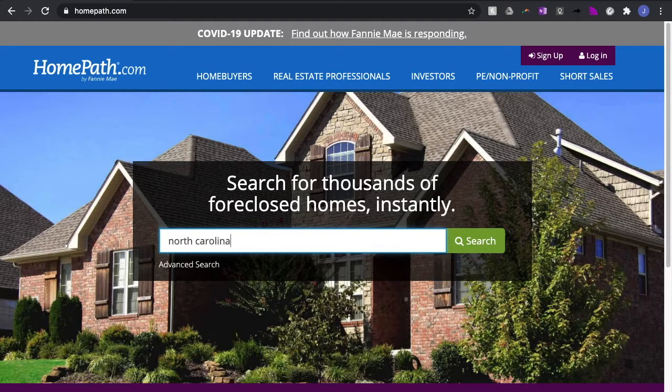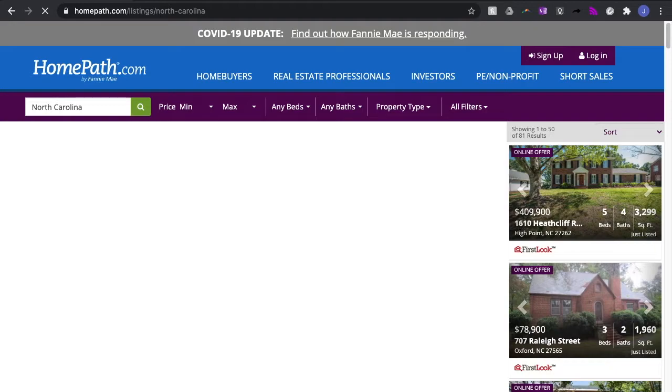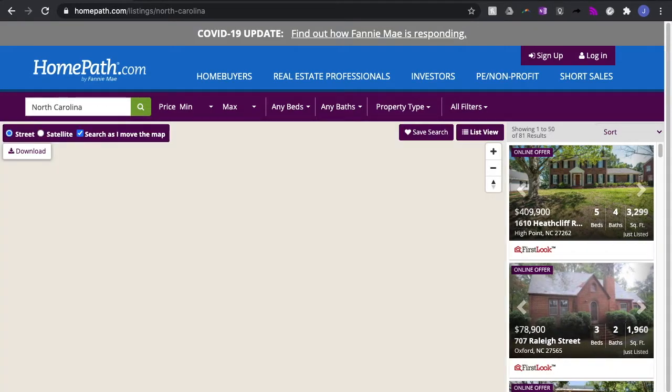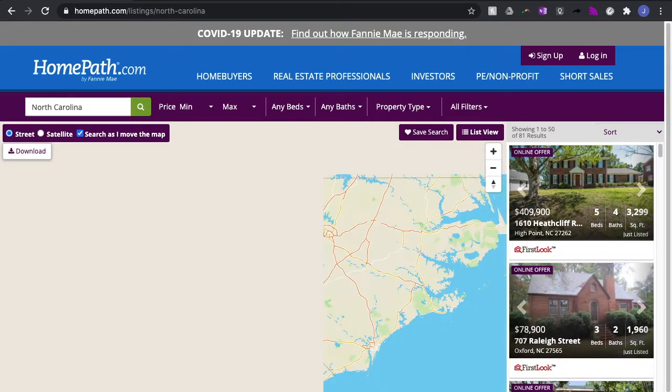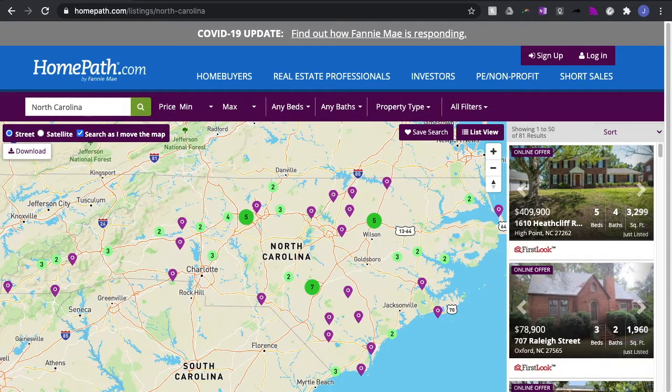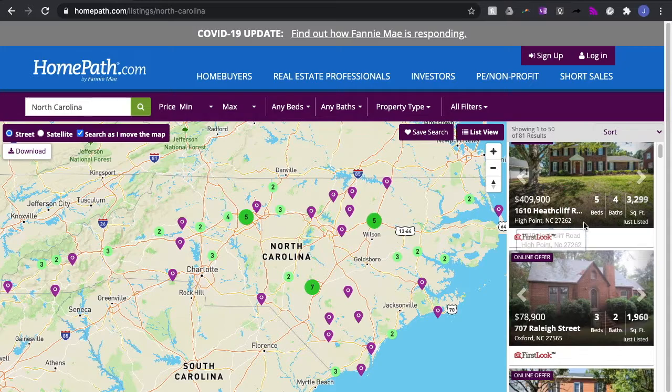This is just the landing website when you get there, and you can see it works much like any of them, just a traditional kind of listings map look. And what it really amounts to is a lot of these are already real estate owned. They've already gone through the courthouse steps, most of them. And sometimes what you have to look out for in HomePath and HUD Home Store, which we'll get to next, is